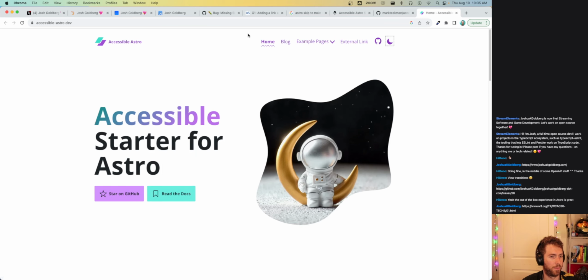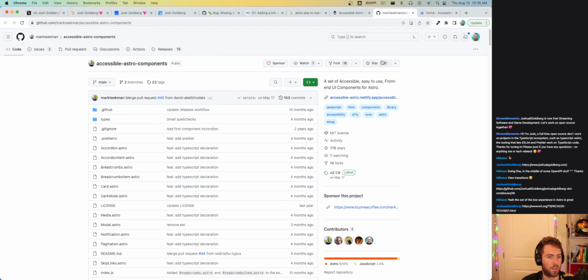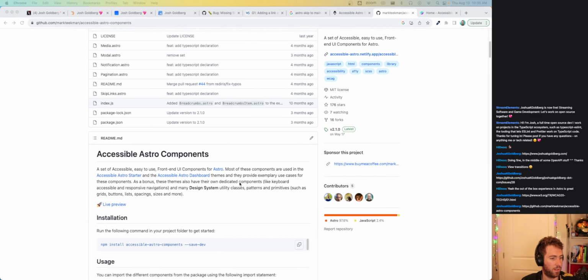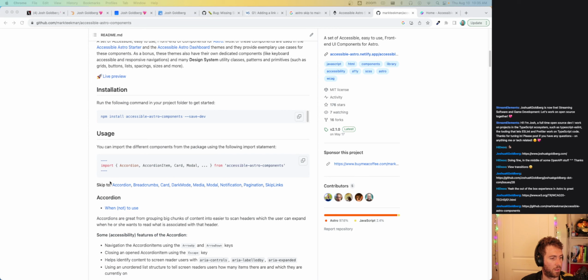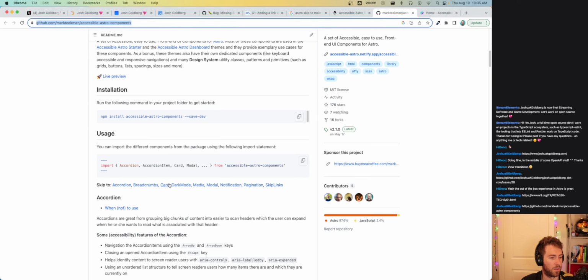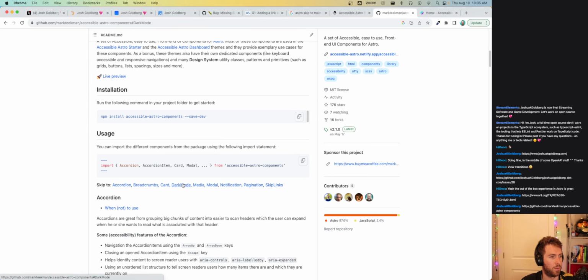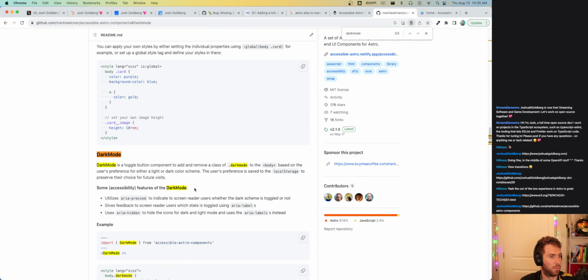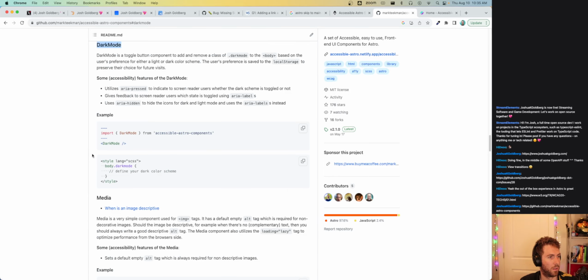That's reasonable. Definitely gonna star this on GitHub. So this looks nice. Skip to accordion, breadcrumbs. Oh, look at that. Ooh, dark mode. Huh.